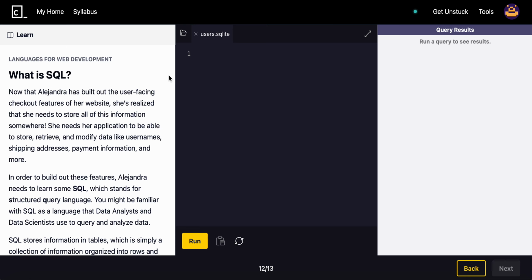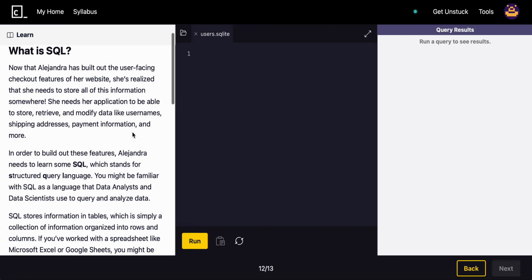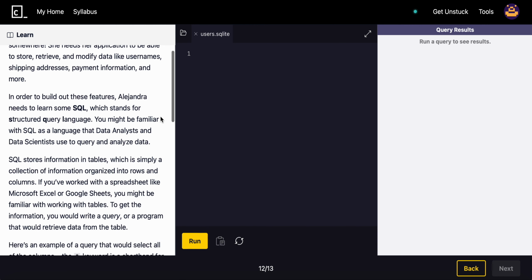Alright, what is SQL? Now that Alejandra has built out the user-facing checkout features of her website, she realizes that she needs to store all of this information somewhere. She needs her application to be able to store, retrieve, and modify data like username, shipping addresses, payment information, and more. So, in order to build out these features, Alejandra needs to learn some SQL, which stands for Structured Query